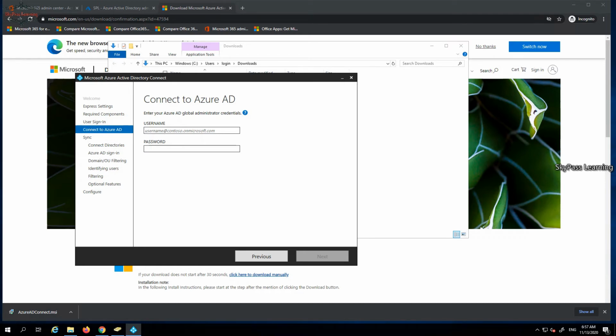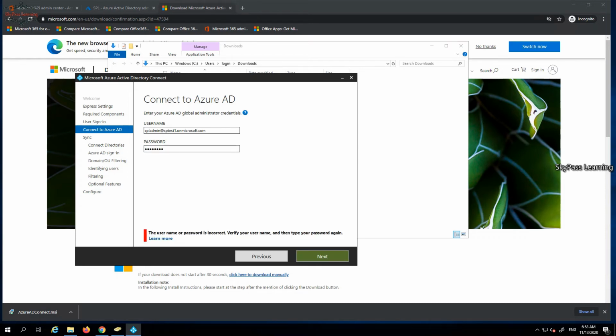It's asking me to enter my Azure AD Global Administrator credential, so I'm just going to enter it. It's my SPL admin account, test1.onmicrosoft.com, and the password for this account.